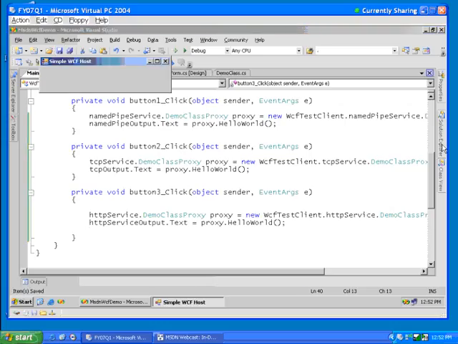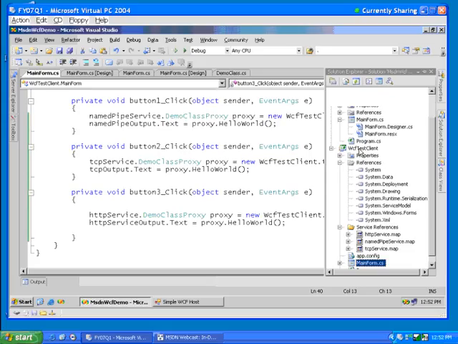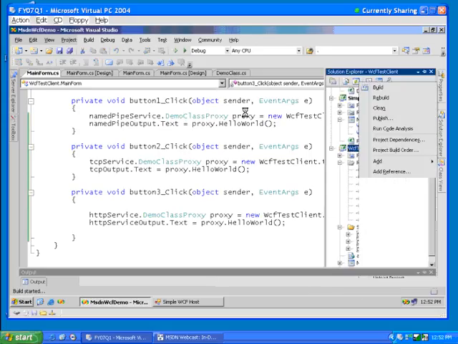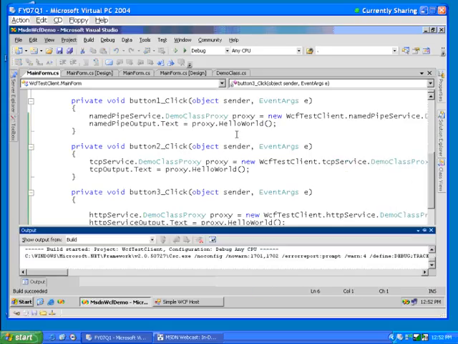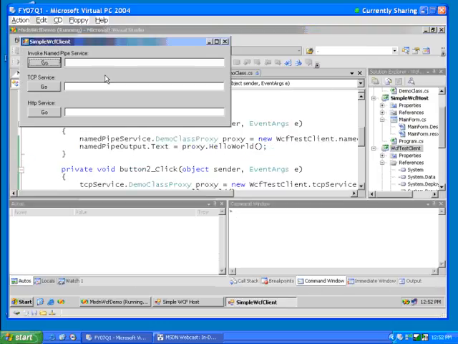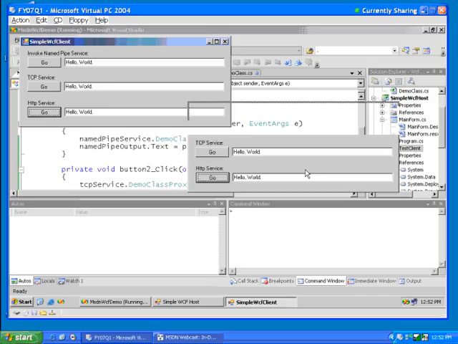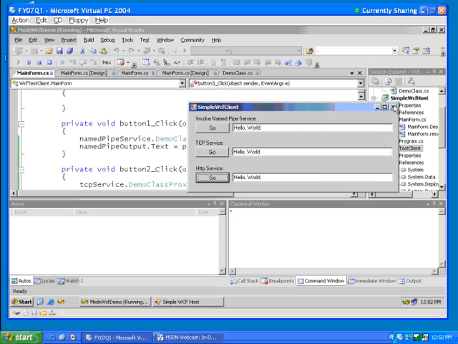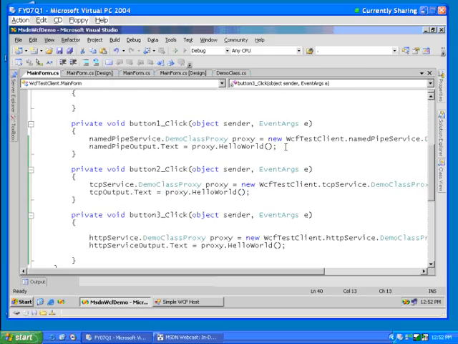Again, our service is still running, so I should be able to go right down here, choose Debug, Start New Instance of our client. Our client now has 3 different buttons. They're all calling the same service, but they're doing it through 3 entirely different protocols, 3 entirely different mechanisms. But from an end user's point of view, the experience is the same. From the developer's point of view, the experience is the same. So here you can see how we have a unified approach to actually building these